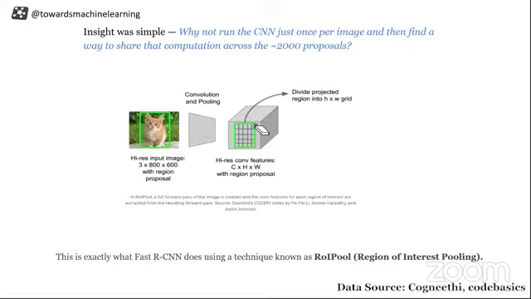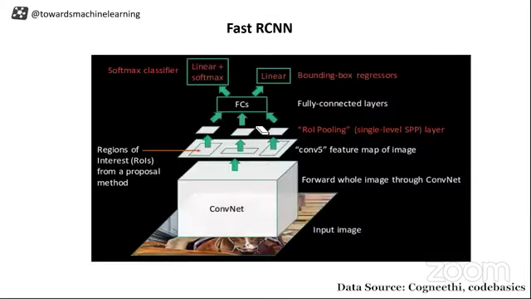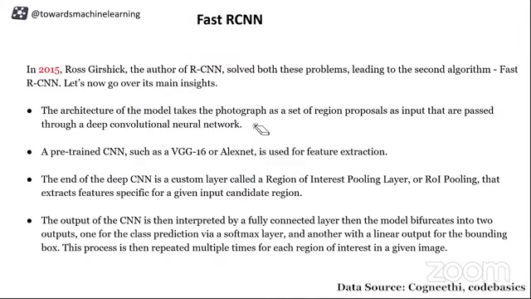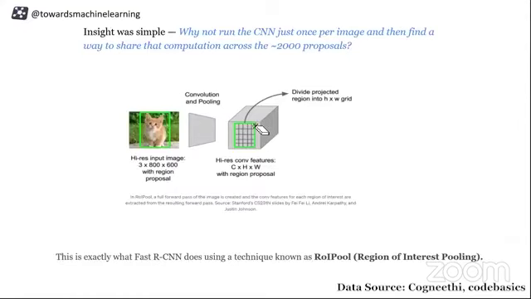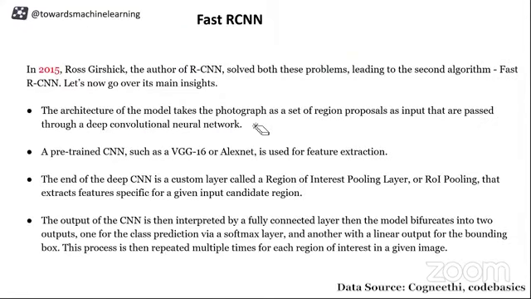So this is how you saved your time. How did you save your time? You are not passing 2000 images again and again to your CNN architecture. You're passing the image only one time. After that, you are running a selective search algorithm on it, and then you are doing region of interest pooling and passing that to your further network, the SVM or the bounding box regressor. So you reduce that cost. What is another thing it helped with? I guess nothing. Just the one thing: you don't have to send 2000 images at a time.